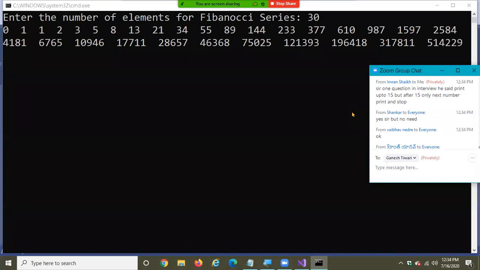One question in an interview was: print up to 15, but after 15 only print the next number and stop. I did not understand. You are telling me to print up to 15, but after that only print the next number and stop. What is that?